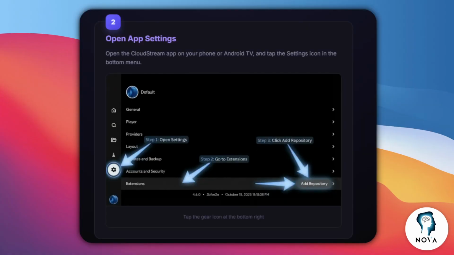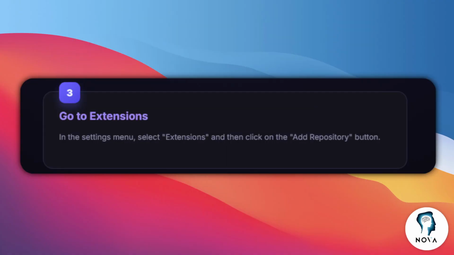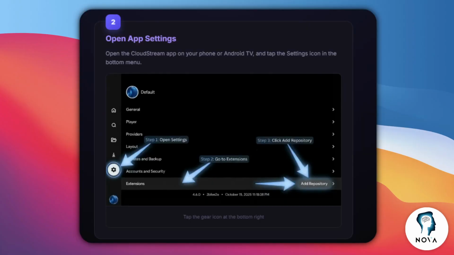Once you do so, you'd like to open the app settings. First of all, open the application, then go and open the settings. You will find the settings icon on the bottom menu, bottom left. So click on it. Once you do so, we would like to click on extensions. So in the settings, select extensions, which is the bottom option,